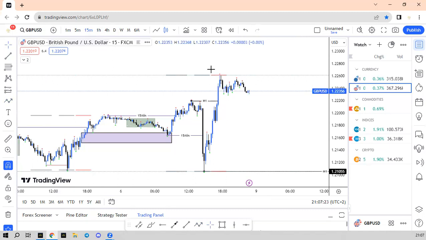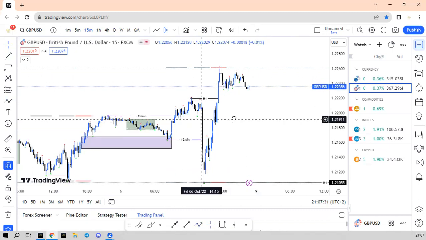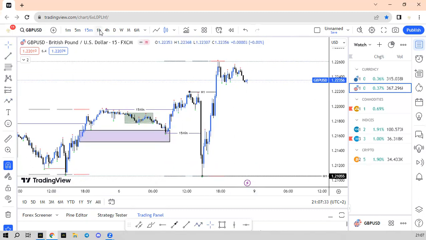So we will be watching for a buy, probably Monday or Tuesday. I don't know when the trade will happen. However, I am aiming for a buy now. On 15 minutes, buy. On H1, I'm looking for a buy. Let's jump into